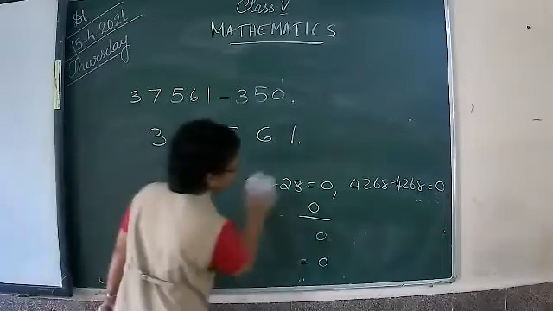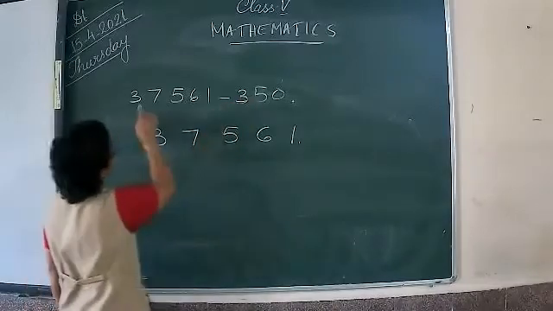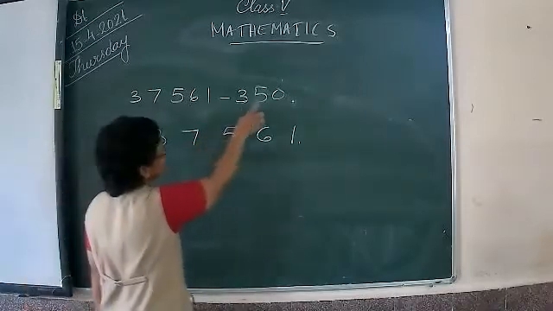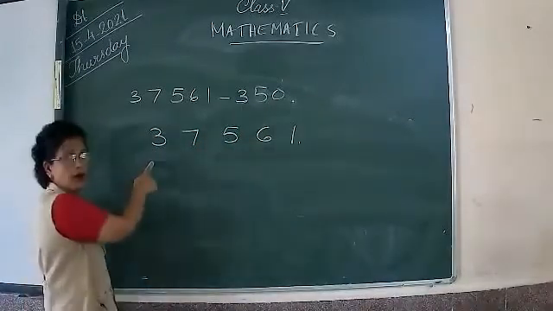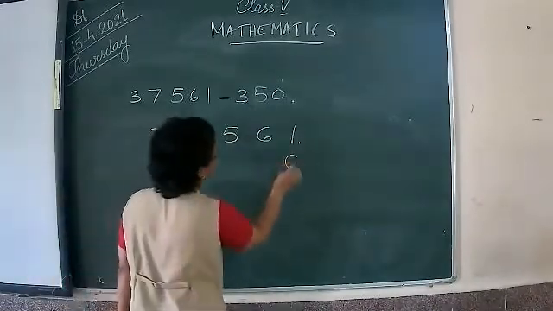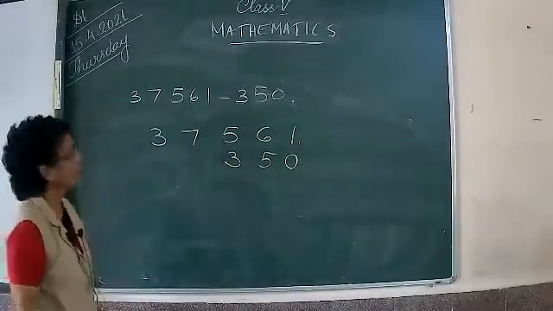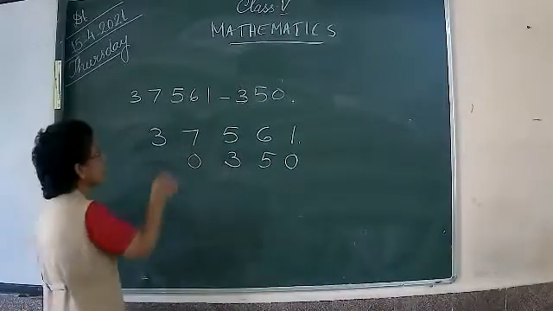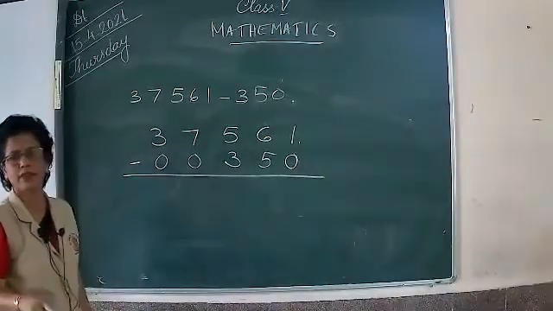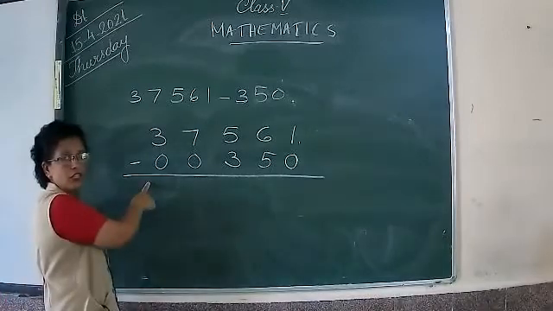hope that everybody has completed there. So 37561 that you have written there. And next now what you are subtracting? 350. 3 you cannot write here, children. 3 has its own place there. So start from here. 0, 5, 3. Clear? This way you have to write. In here, these places, there is no number, you can put 0. Why? Because before a number, you can put 0 there. There is no change in the value. Okay, children? Have you understood?